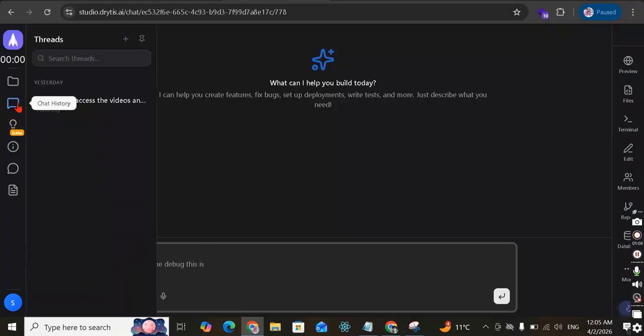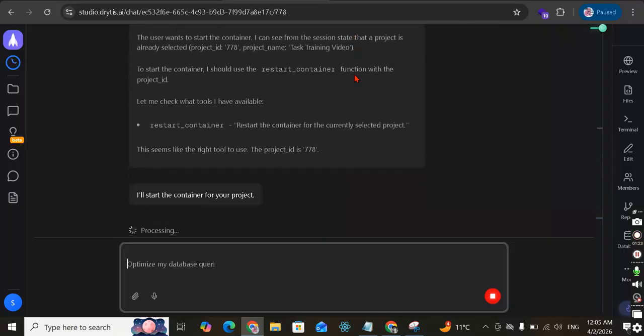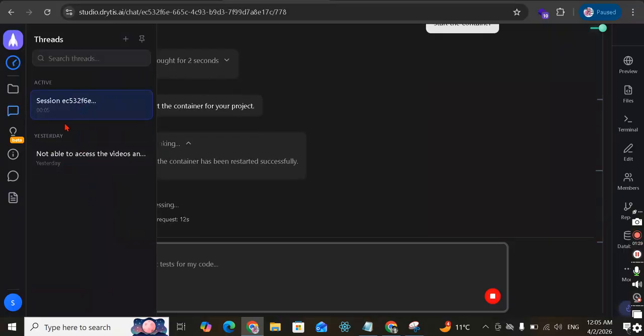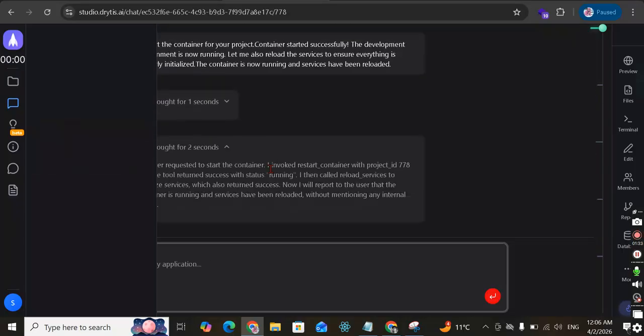Right now it's showing only one, but if I put any prompt here, for example, "start the container", another new chat has been started. Now it won't work as slowly as it was earlier in the previous chat, and it's working now. If I go here, it will show you another session is working, and later on it will name this session as well. So this is how the sessions work,